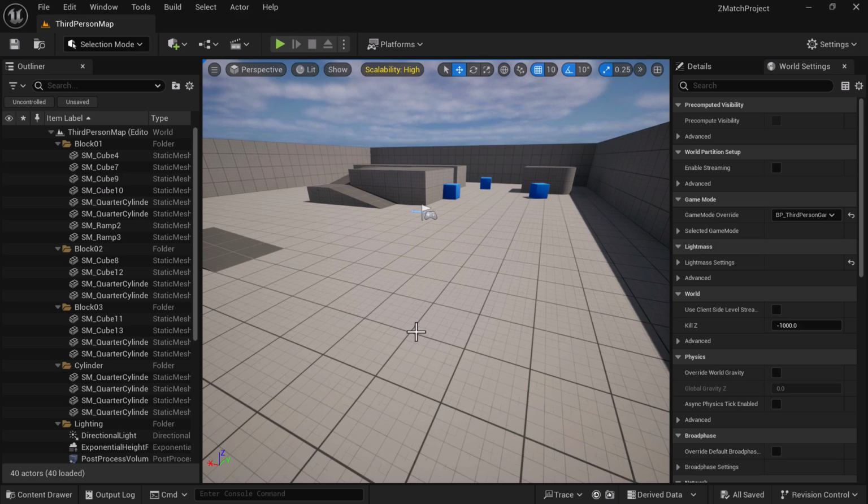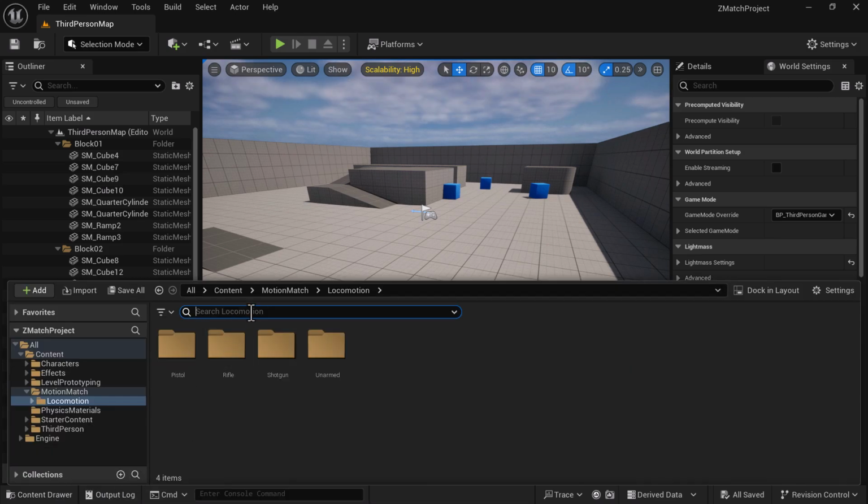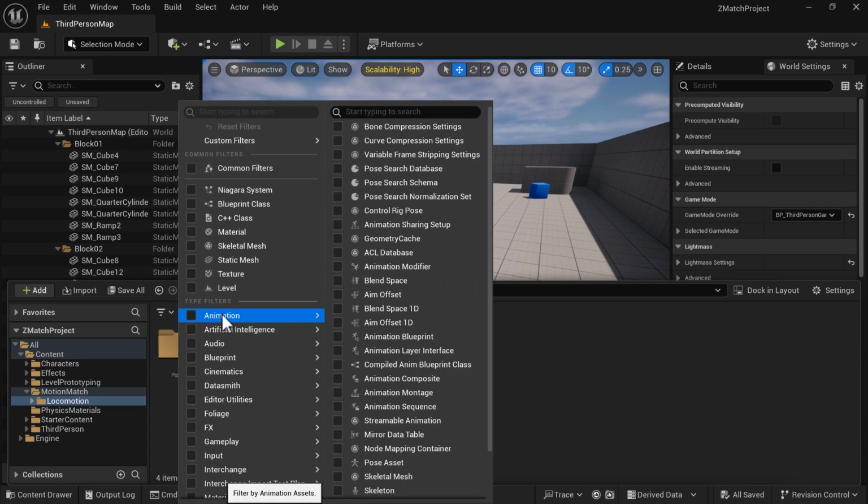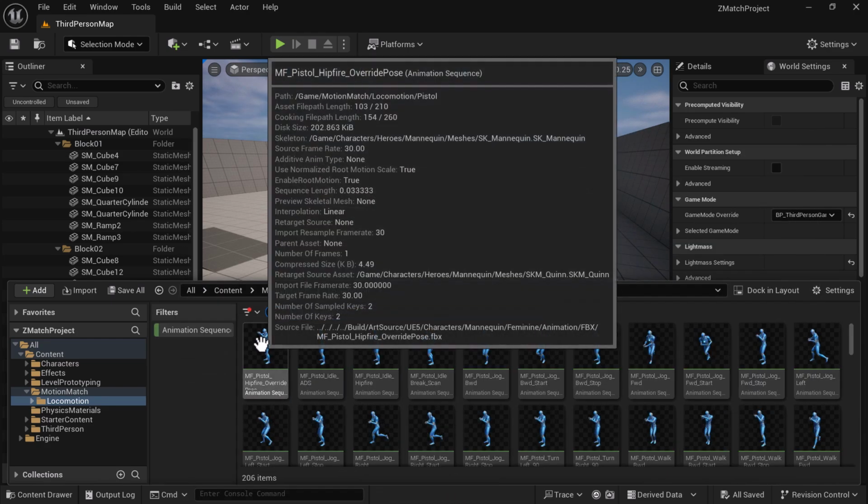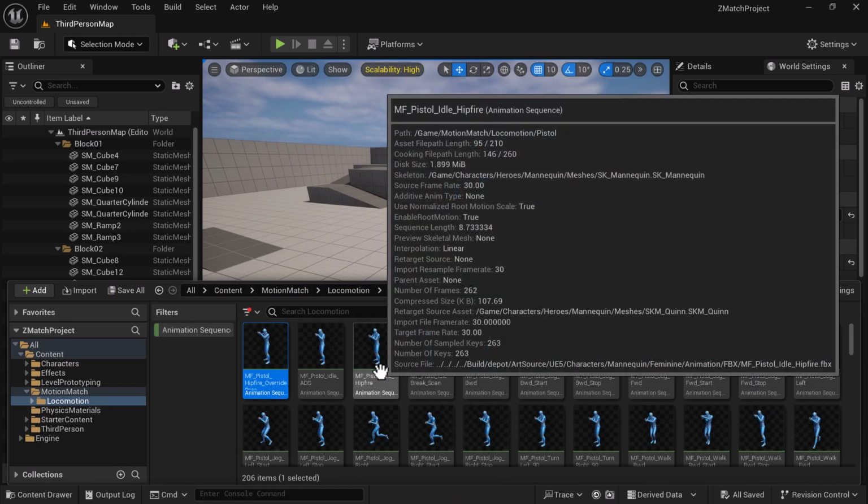Sorry, I had to stop the video for a second. There's a setting I forgot. I'm going to show you guys real quick. Go to your content drawer. Under content, motion matching and locomotion, you're going to select the filter. Look at the animations, animation sequence. You're going to select an animation, Control A,